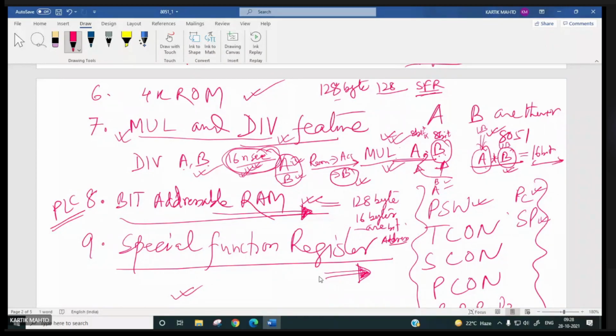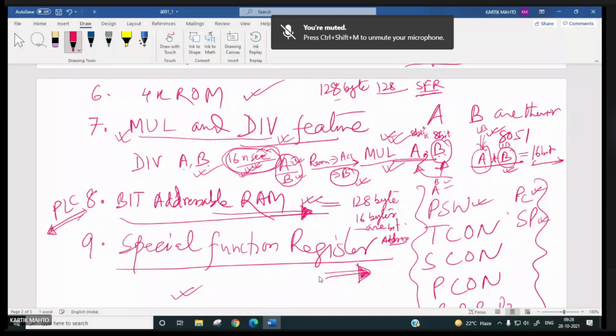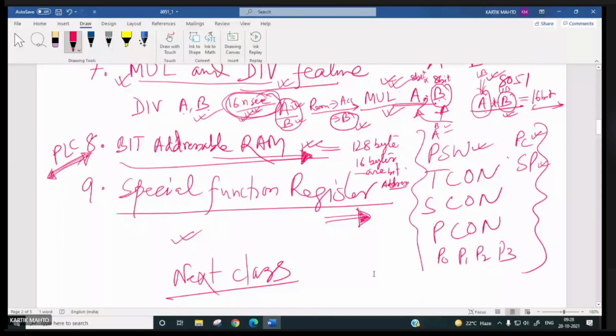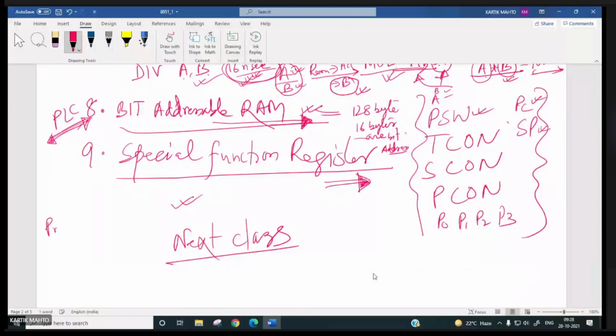PLC, programmable logic controller, you people may know, is used to automate the process industry.